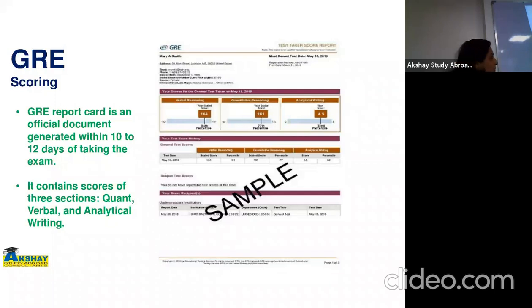You can see this sample score sheet. Okay. Your score on the verbal reasoning major is given here, quantitative reasoning, and also the analytical writing assessment. Okay. And its percentile. Okay. The test is measured in percentile. Okay. It's like your performance is compared to students who are giving the test and reporting scores at the same point of time. Okay, so the test is absolutely fair. The test conduction is absolutely fair. Okay, so that's how a sample score sheet looks like.